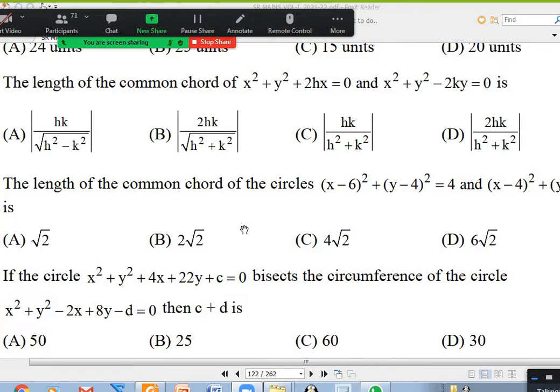Apart from that, I want to tell one more method for 159. Are the two circles intersecting? Yes or no? That's why they asked common chord. They're intersecting, no doubt. One of the points of intersection, is it easy? Anybody want to tell? Origin. Yes, both don't have constants, it is origin.